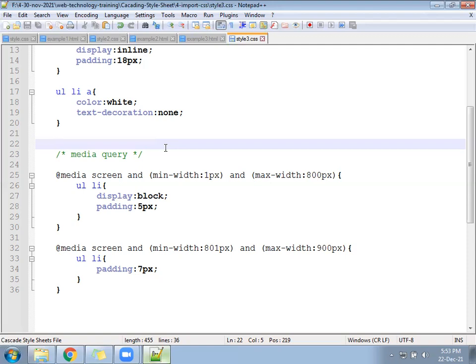In the range it will take, right? 1 to 700 means it will take from 1 to 700 pixel. Mobile phone will come between a certain range. Mobile will not go more than 800. So there we put a range. From here to here this range, then put this one.